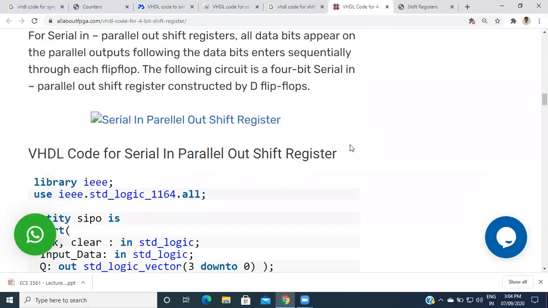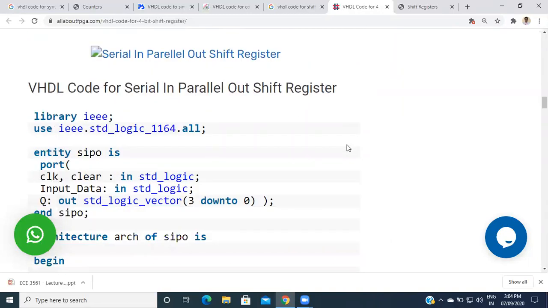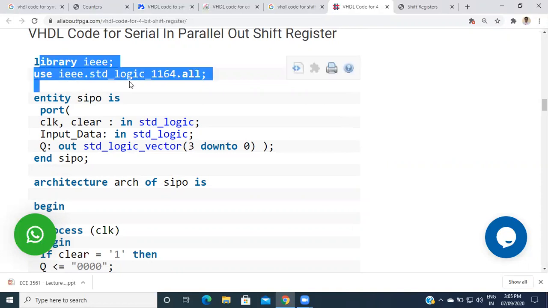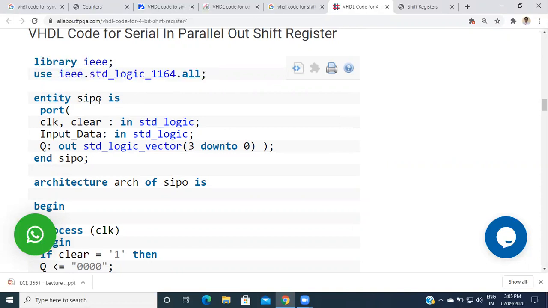So for that purpose, we are using the D flip-flop, and here we give the data as input serially. Here the entity and IEEE library definition are the same. Then the entity serial-parallel has clock, clear, and data input, and the Q output is